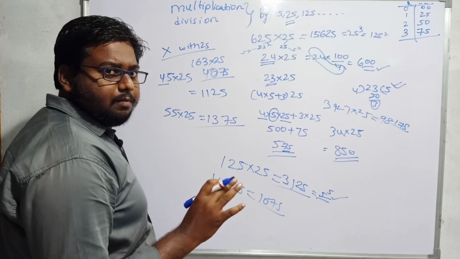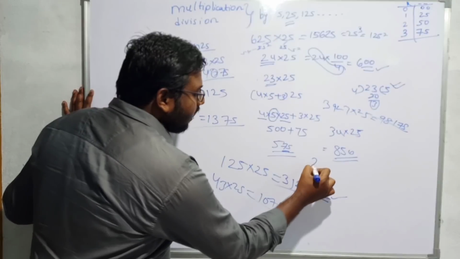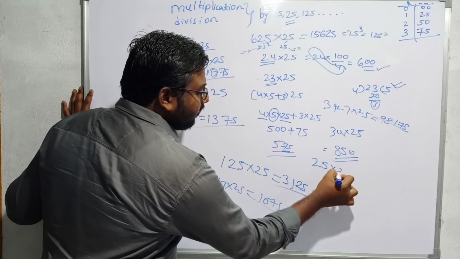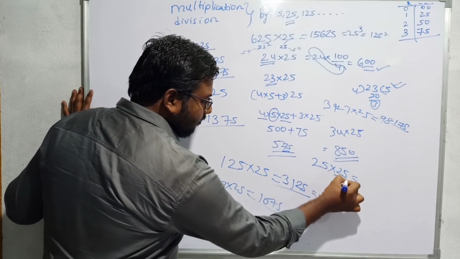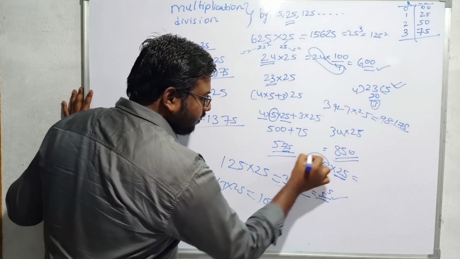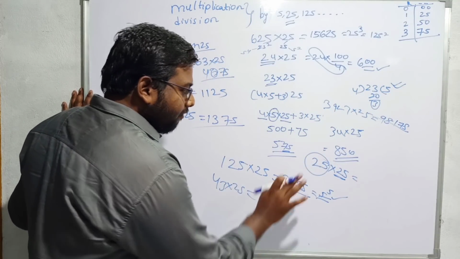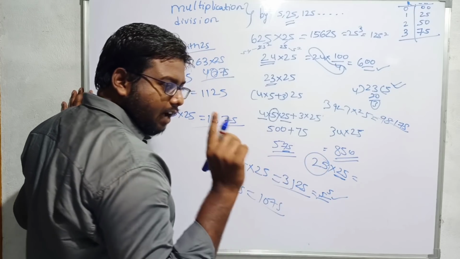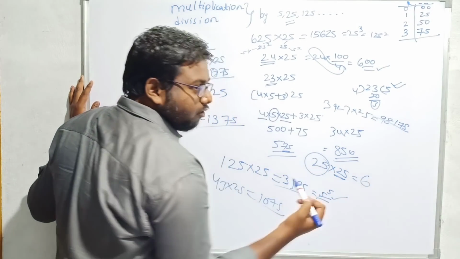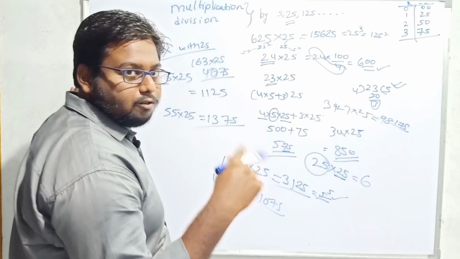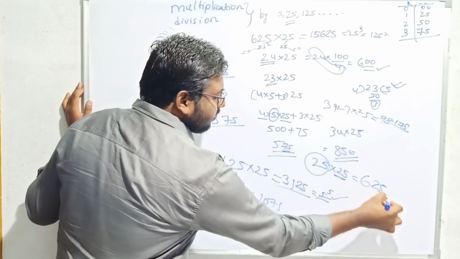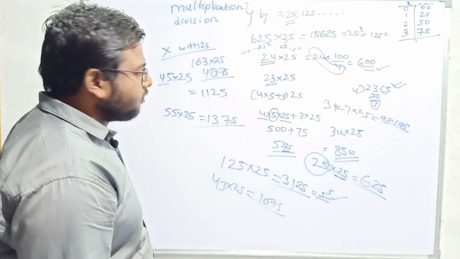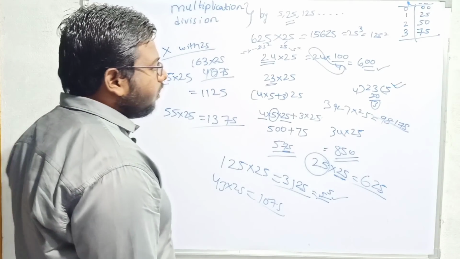You can calculate the multiplication with 25. For example, if we have to calculate the square of 25, that means 25 into 25. What we have to do, I will take this 25 as 25, and this the number which I should multiply. If I divide 25 by 4, I will get 6 as the quotient and remainder as 1, because 4 6s are 24 and remainder is 1. So I will keep 25 beside it. 1 is the remainder, now 625. And I think you understood this concept.